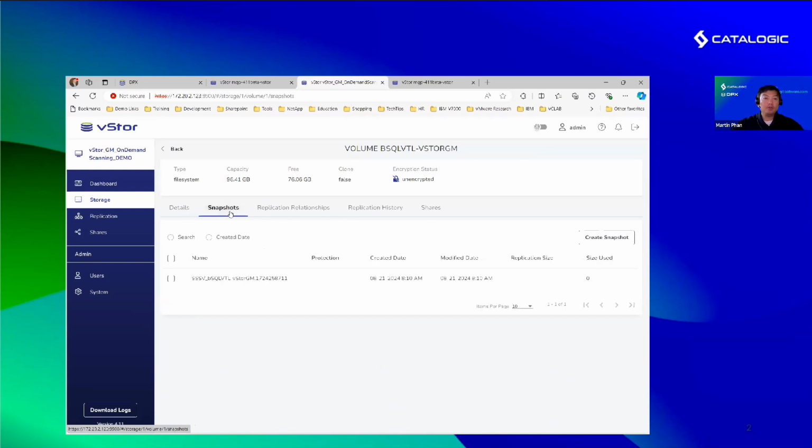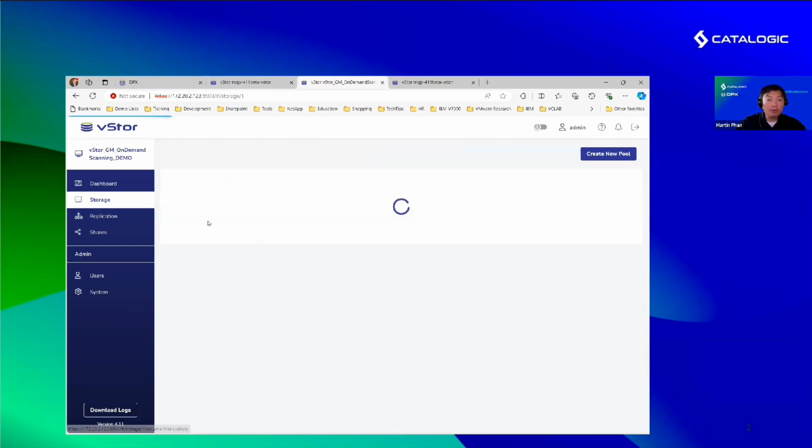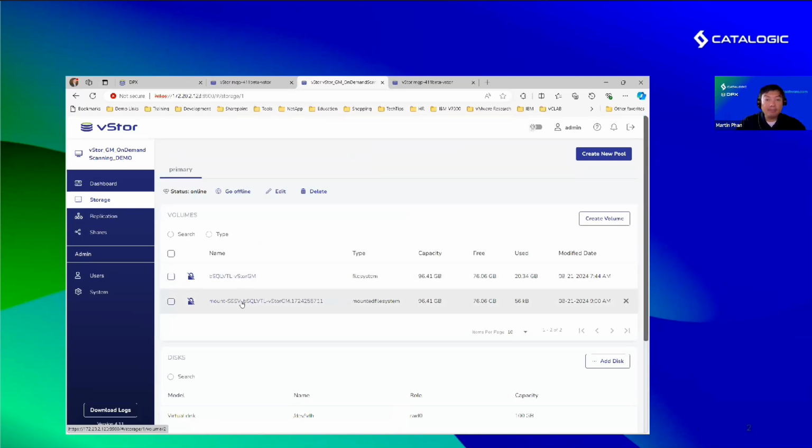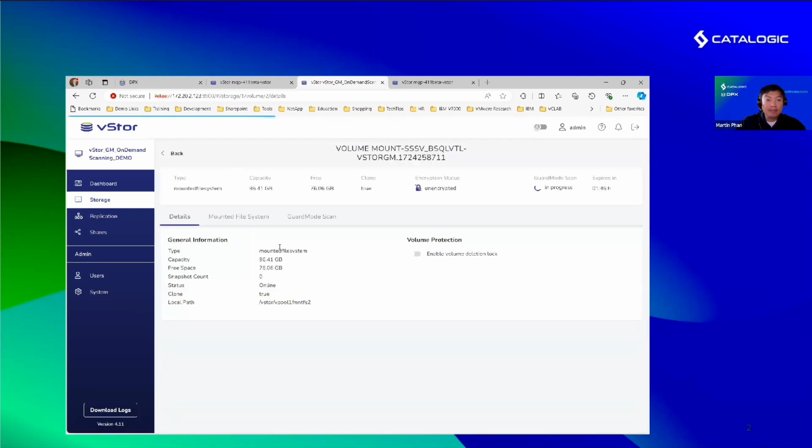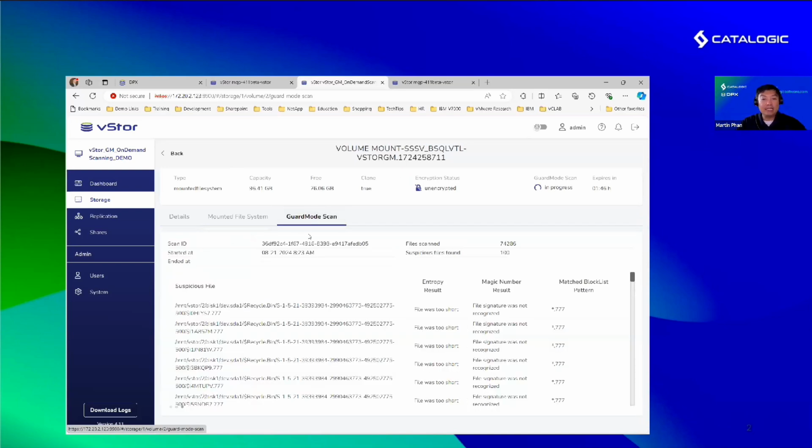Now with guard mode being built into vStore, we have the ability to mount snapshots directly without need for the master server. So if your master server goes down, you have this ability to mount a snapshot here and then scan that snapshot for ransomware. Here you can see I've already mounted a snapshot. I have the ability to issue a guard mode scan, and this is just a scan that I can run